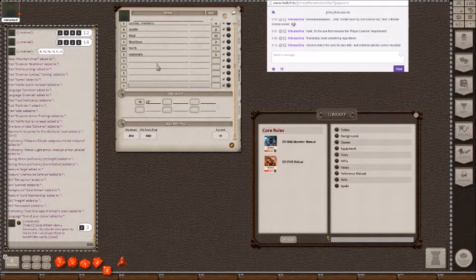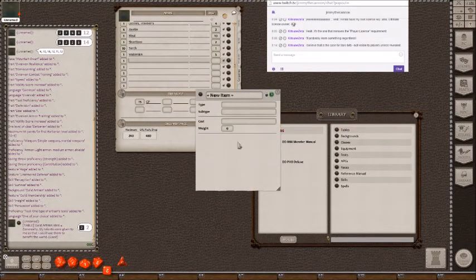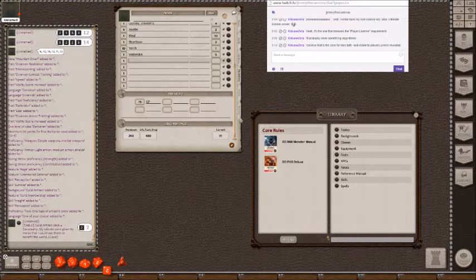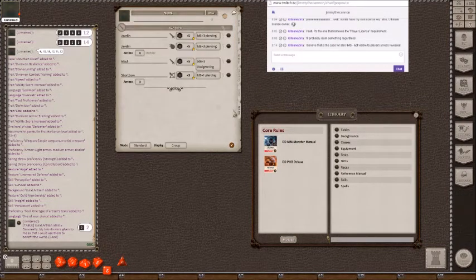You can also manually create equipment in here if there's something that for whatever reason isn't in the equipment tab. You can just type something in, and then in here put in the description. It won't automatically translate to a weapon under actions if it's a weapon or something like that, but you can add it manually there as well. Well, actually, at the end of